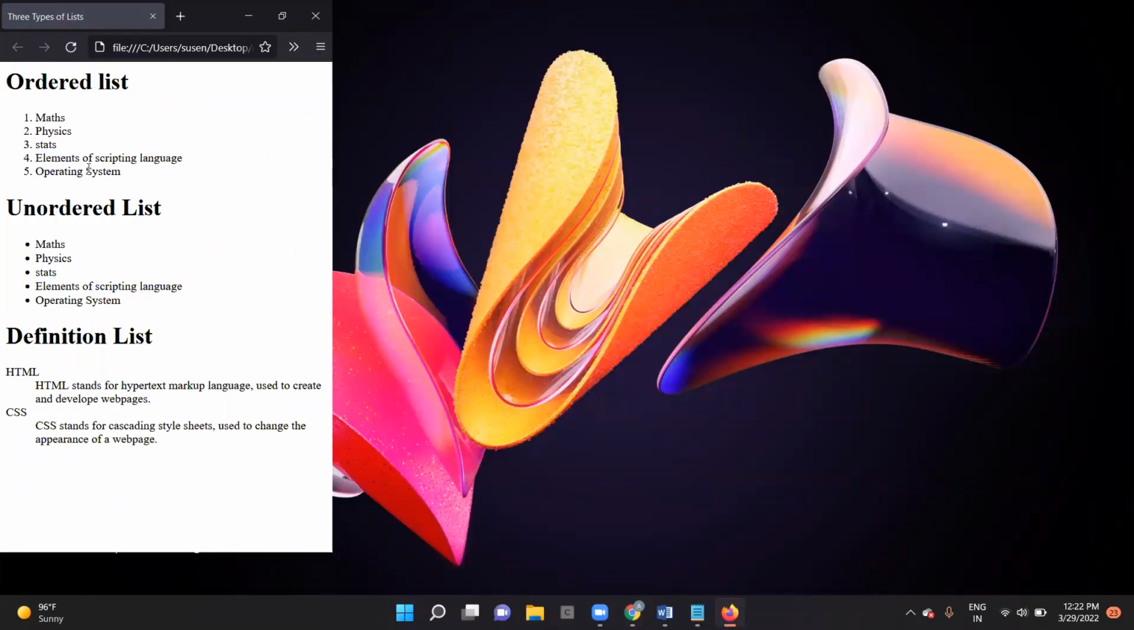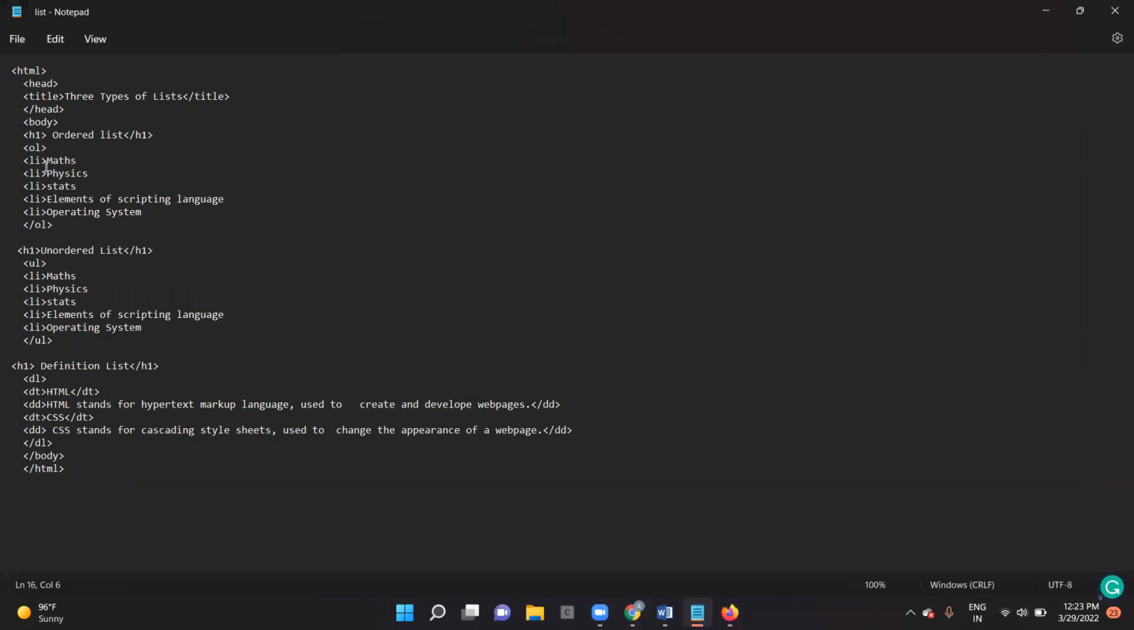Just refresh it. See, even though I removed that, I have 1, 2, 3, 4, 5, and the bullet symbol disc is there. Means by default in the list, numbers is the default type for ordered lists and disc is the default type for unordered lists. When I have given here the list type equals to